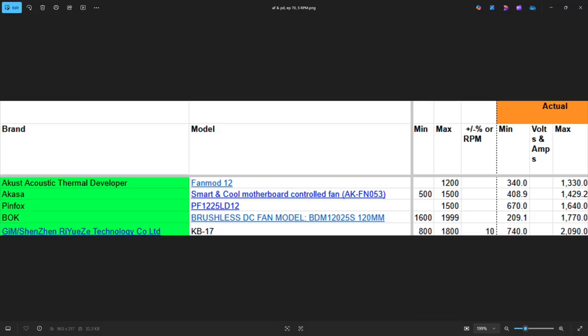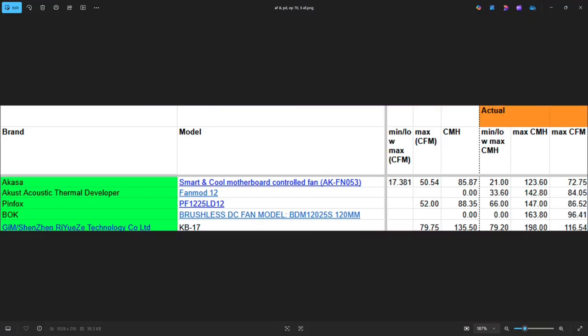The minimum is supposed to be 1600. I was able to get it to go down to 209.1, by the way. And then the GIM is rated at 1800, came in at 2090. So that's also a little bit on the high side. So we can see some weird variances with the fans. And I want you to pause and put your guesses now into the comments, and then we'll move on to